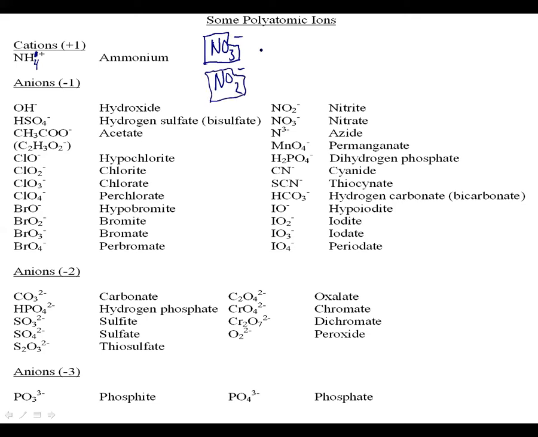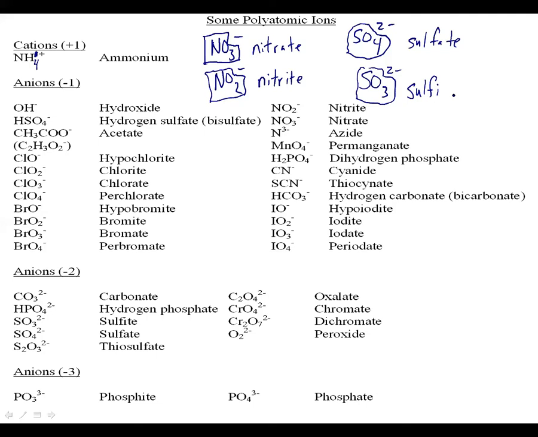This one is known as nitrate. This one is known as nitrite. Also, there's SO4 2 minus, which again means that one sulfur and those 4 oxygens are all bound together. They all stay together. They never break apart individually, and they all have a -2 charge. This is known as sulfate. And there's also SO3 2 minus, also 1 sulfur and 3 oxygens, which also stays together, never breaks apart. The SO3 unit stays together, has that -2 charge, and this is known as